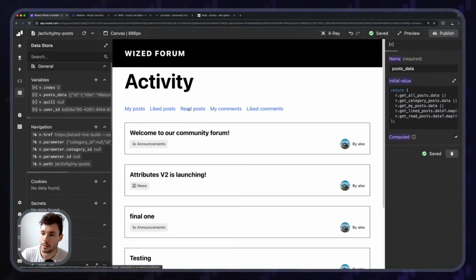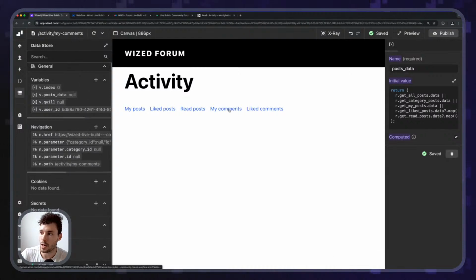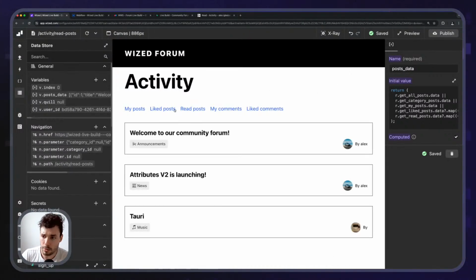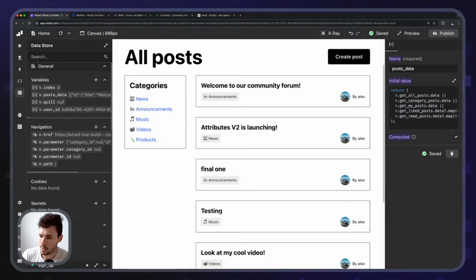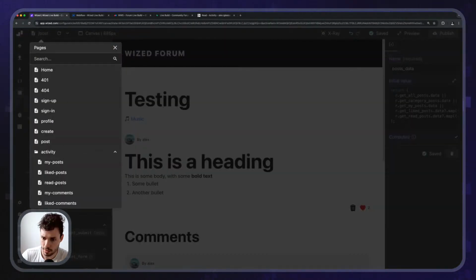So now that we've done this, now I can see the posts that I've read, the posts that I've liked, my posts, and we don't have enough time to do the comments, but the system will be very similar. Hopefully everyone gets this. Let's try to read another post. Let's try to do testing. Boom. Let's go now to the activity,